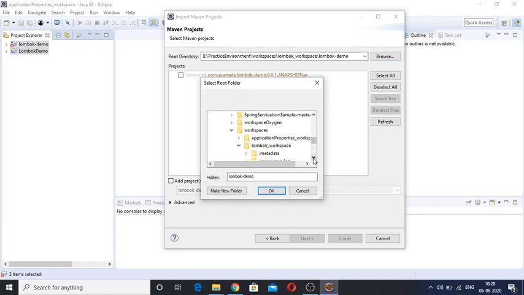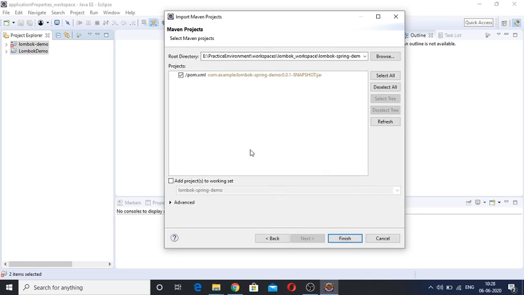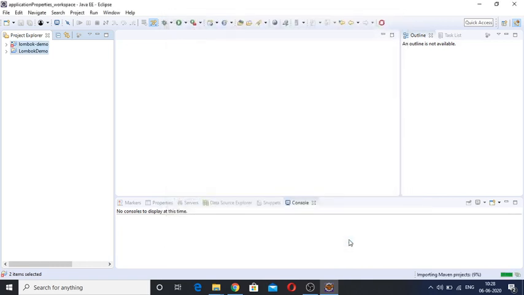Here is my Lombok Spring demo application. Click OK, and pom.xml is displayed, and we just need to finish it. Now it is importing, and once it gets imported, I'll start the development.